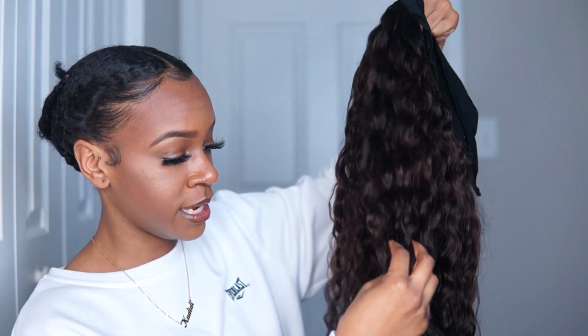So I was kind of thinking, how am I gonna make this work for my hair? But I feel like it's gonna work. The curls are super nice, you know, that nice loose wave look. I've already washed the wig and everything like that, and it's nice and soft. So if you haven't seen a headband wig video before, I'll go ahead and show you guys the construction of